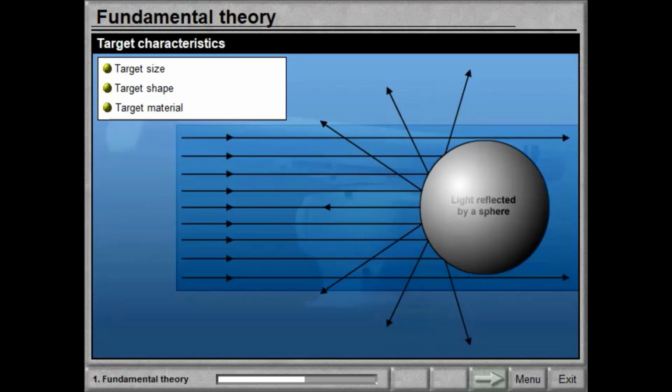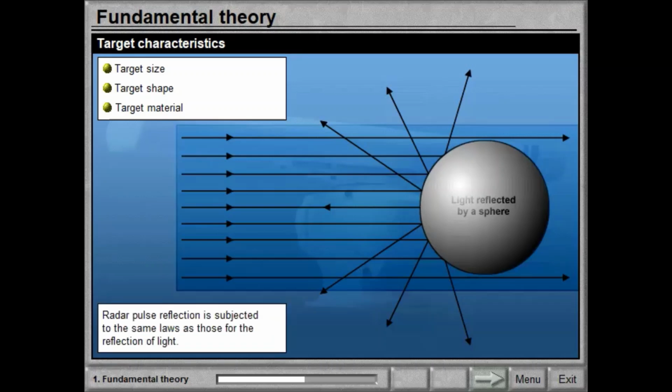When a radar pulse hits a target, some of the pulse will be absorbed and some of it reflected. How much of the reflected echo will return to the scanner depends on the shape and the angle of approach, and the material of the target, that is, steel, fiberglass, wood, etc.